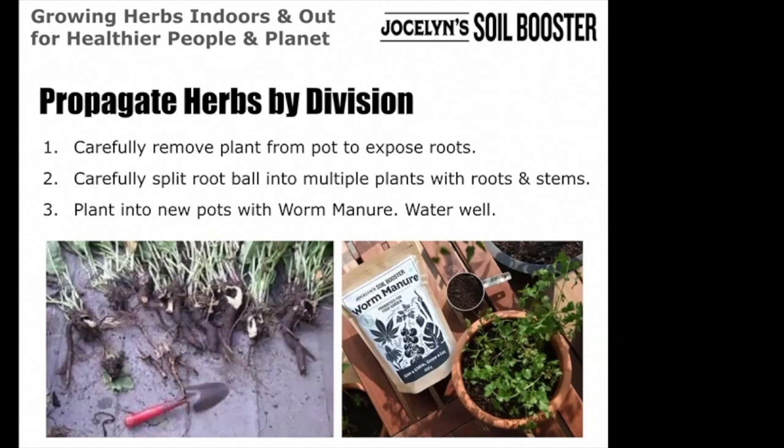The other option for propagating your herbs, again, that we discussed last week, was around dividing. When you have a full container that really is overflowing and you need to create some more room, then you can always split that root ball. Some are able to be split just by hand, while others do require some kind of a serrated edge to help you cut through some of those tougher roots, and then repotting them that way.